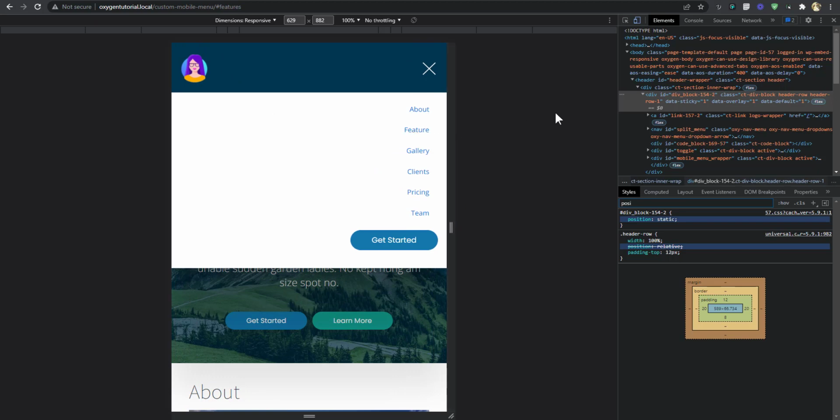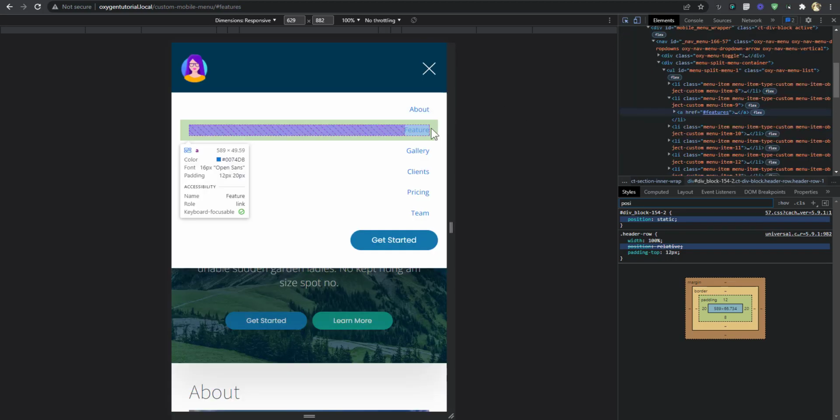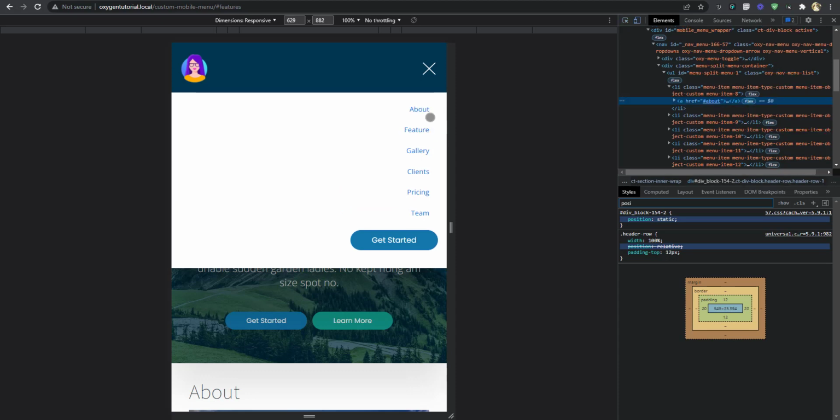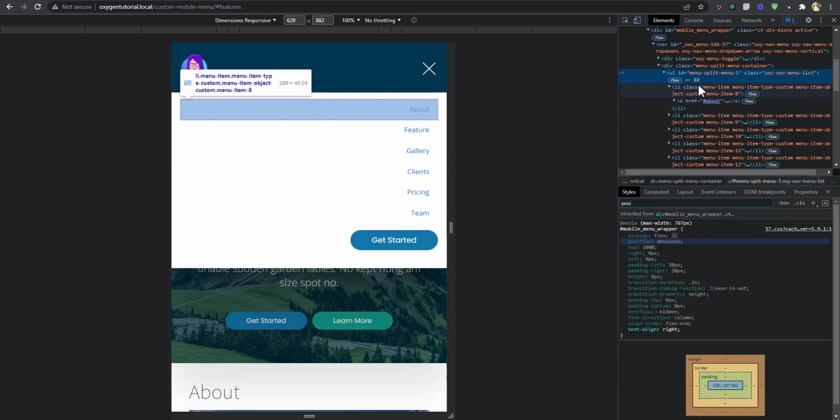So what I'm going to do is, let's take a look at this. Okay, so OxyNav menu list.